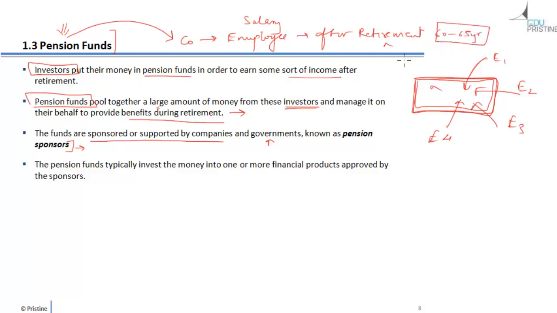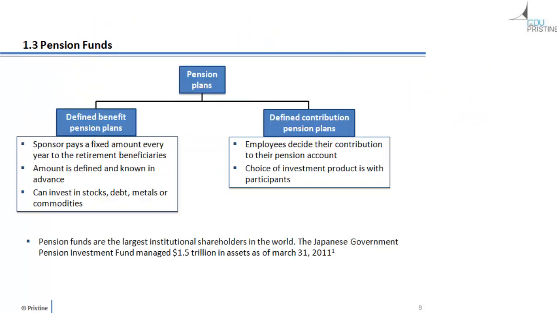This is not really the age to take risks. So the point is, the pension funds typically invest money only in very safe havens. Not to say that they don't invest in securities like equity, but the proportion which they invest in equity is generally a little less compared to an aggressive investor. And therefore, the approval of the sponsor is extremely important, because safety is of prime importance.